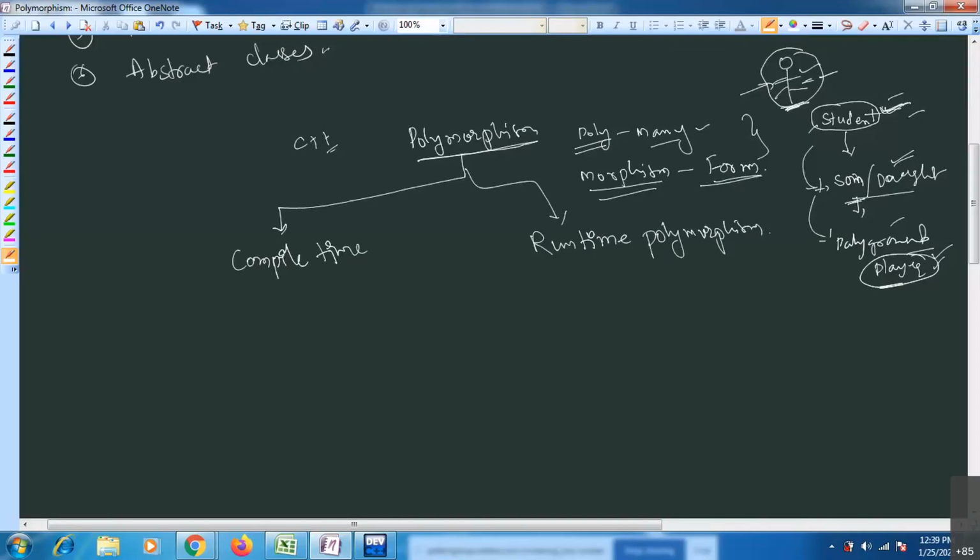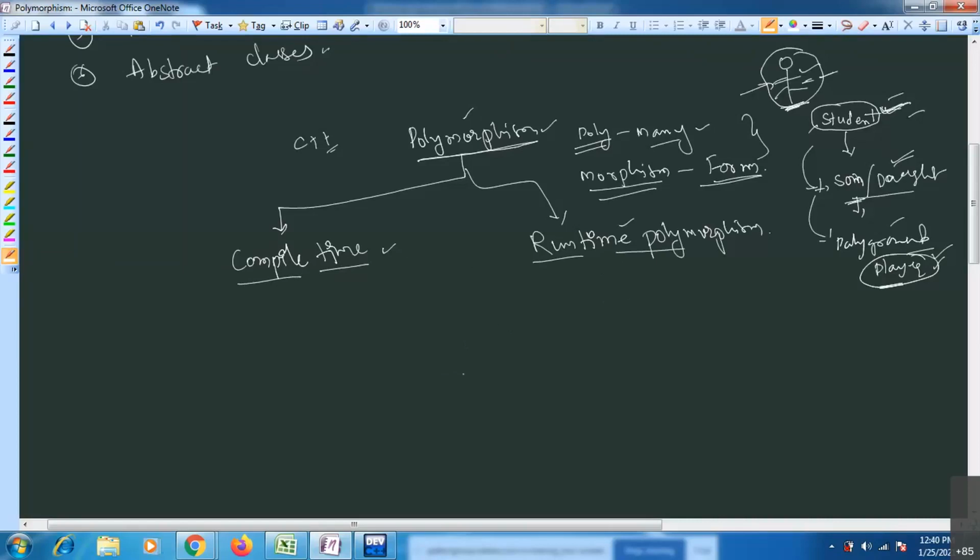Polymorphism means many forms; one thing that exists in different forms is called polymorphism. This we can achieve in C++ in two ways: one is compile time, the second one is runtime polymorphism.